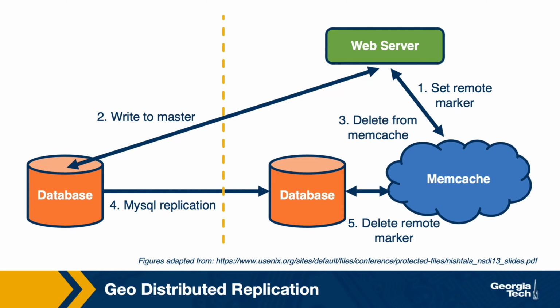When the database is safely updated, the marker indicating that this value is involved in a remote operation will be deleted. And you should note that until the marker is deleted, until this operation is completed, the value of this entry exists and can be served only from the remote master database. Of course, one thing that we will want to do is to reduce that cross-data center traffic.